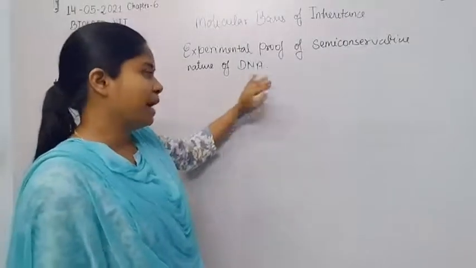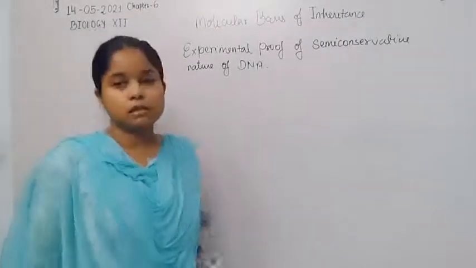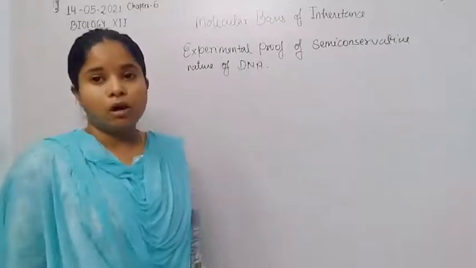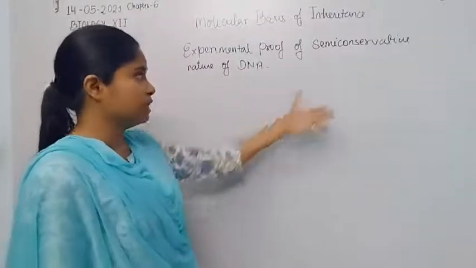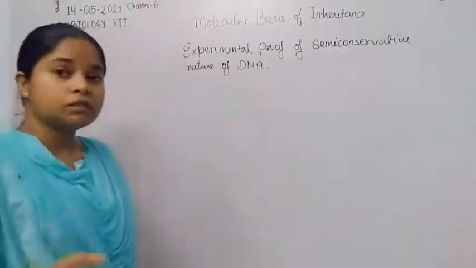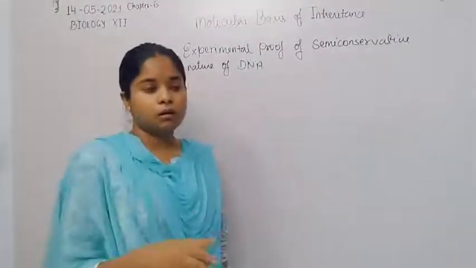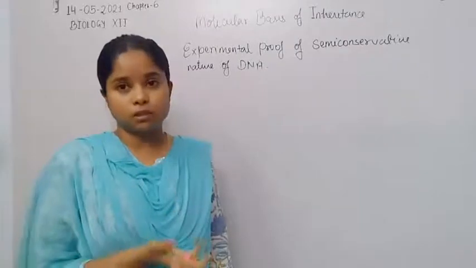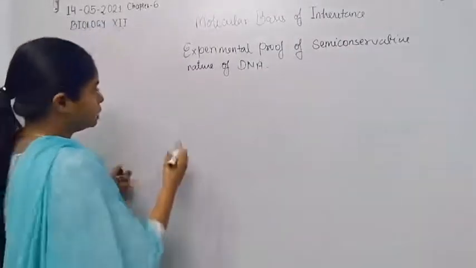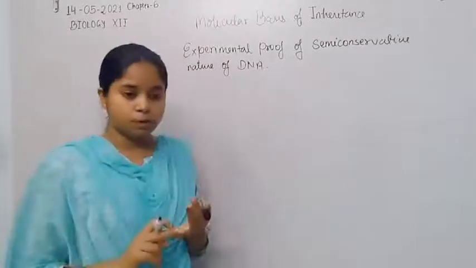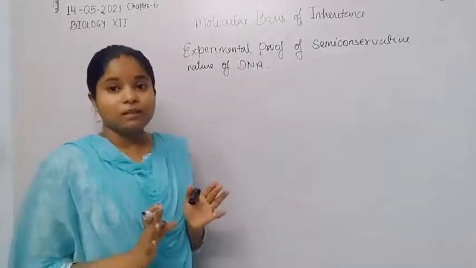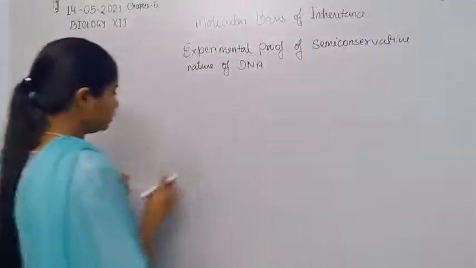That was proved by the two scientists, Meselson and Stahl. So how did they prove in 1958 that DNA has a semi-conservative nature? First we discuss the proposal of Watson and Crick. Watson and Crick proposed the central dogma hypothesis, and also proposed how replication takes place in the DNA